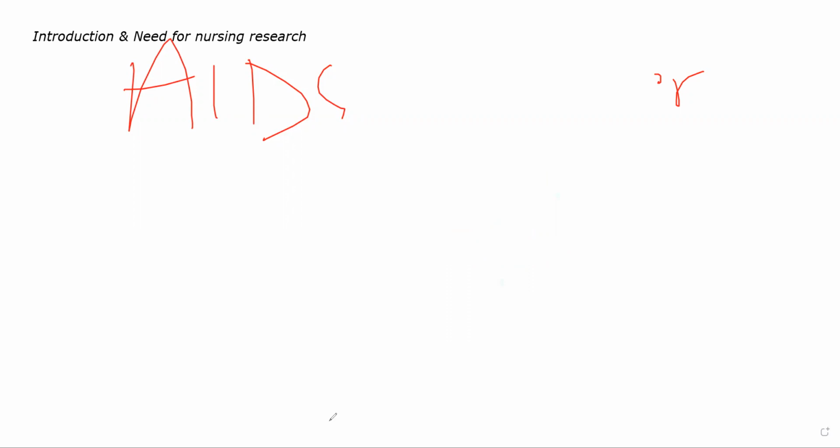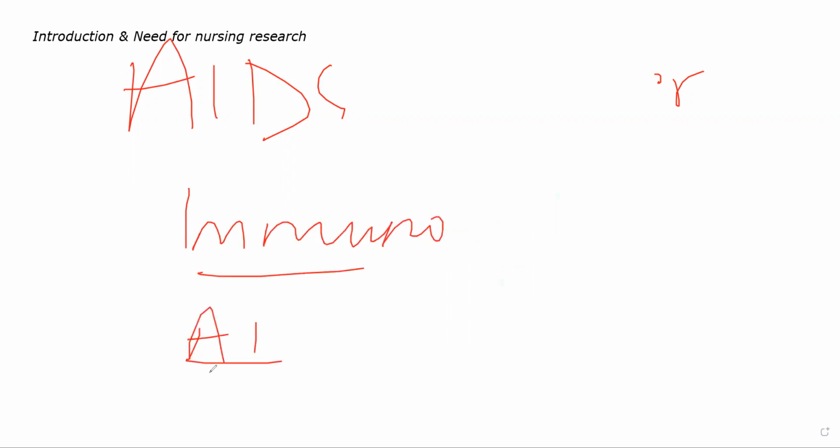Let us suppose you want to find out what happens in patients who are developing AIDS at an early stage and they are immunocompromised initially. Let us suppose they have an autoimmune condition. For example, they have psoriasis or they have SLE or some other autoimmune condition, and they have an early stage of AIDS. What will be the condition in such patients? Finding and knowing about certain special scenarios like this will be slightly difficult in textbooks, okay? Even if there is information about it, it will be very limited.